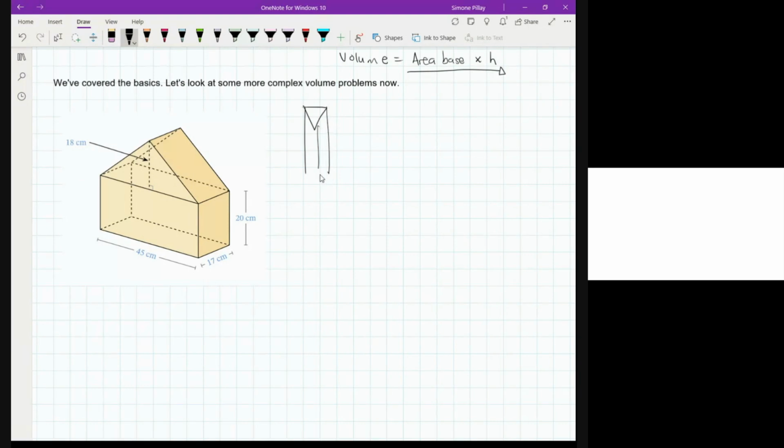If I have a triangular prism that's standing up like this, I want you to be aware of the fact that whenever we pick our base in a prism,